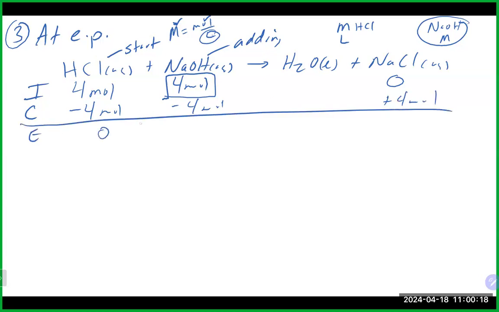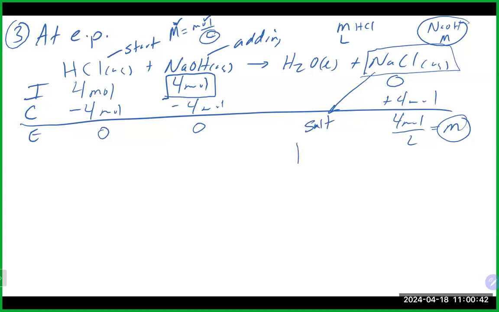That's going to give me nothing of my acid I started with, nothing of the base that I added, which is pretty much the definition of the equivalence point. And I will have 4 moles of this guy, which again, using the total volume, I can convert back to molarity. Once again, if we look at our ICE table, the only thing we have left here is our salt. And as you correctly told me before, that is a neutral salt, which means the pH here should be 7. Yeah. No calculation actually needed